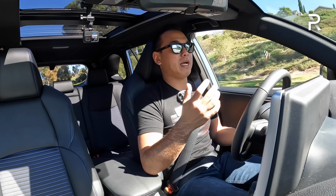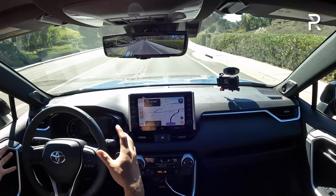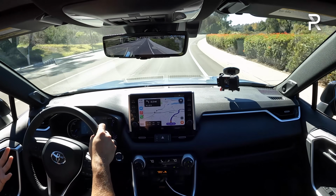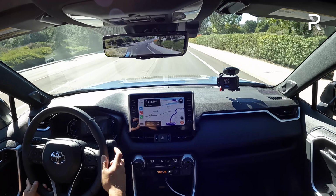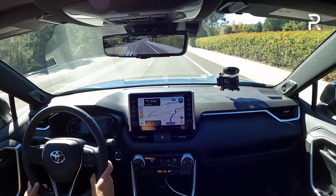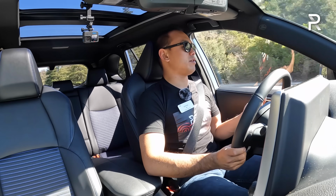It offers plenty of power, plenty of acceleration, and it also has a really good ride quality that's wrapped in a package that is so easily maneuverable. Now, of course, with 219 horsepower, almost 220, I have it in sport mode here. If I put my foot down, the CVT is quickly adjusting the ratios, and the gas engine